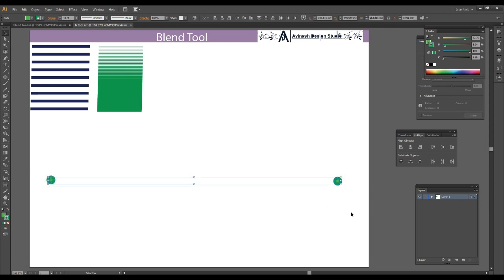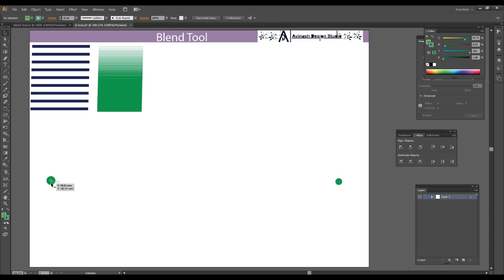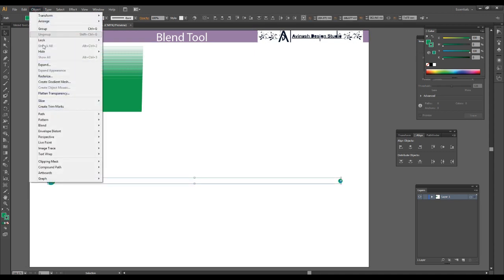We can select both, and here is the option for align. So we'll also align these, and we'll make one circle smaller and one circle bigger. We select both circles, go to Object, inside Object there is Blend and Make.